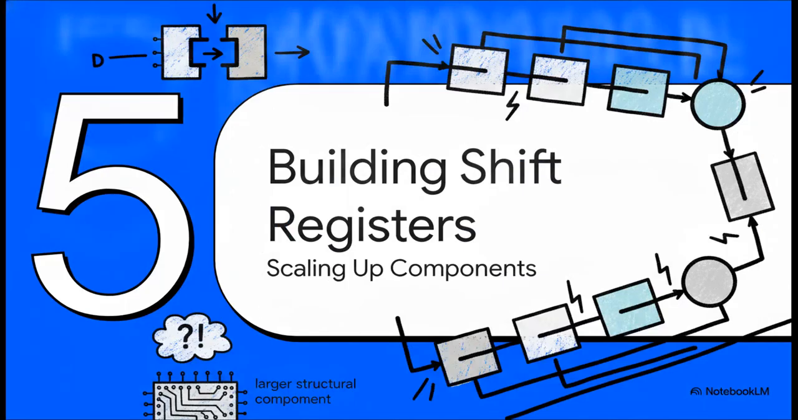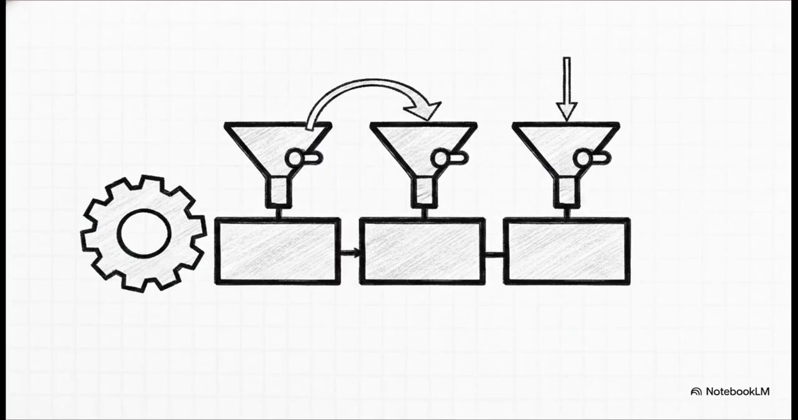Finally, section 5. Building shift registers. Let's scale things up a bit. We've got the foundations down now. Flip-flops, assignments, resets. Now we bring it all together. Here we have the specs for a parallel access shift register. By just slapping a simple 2-to-1 multiplexer onto the input of our D flip-flops, we give each memory unit a